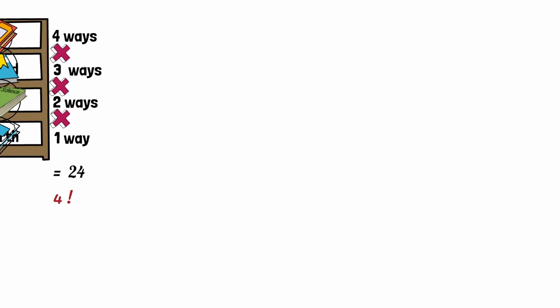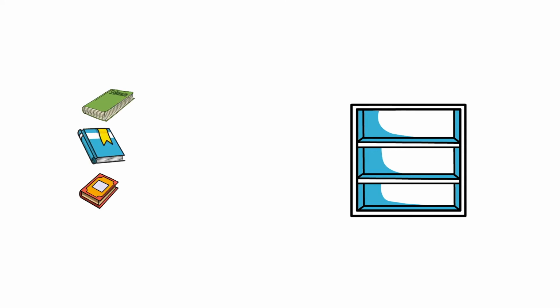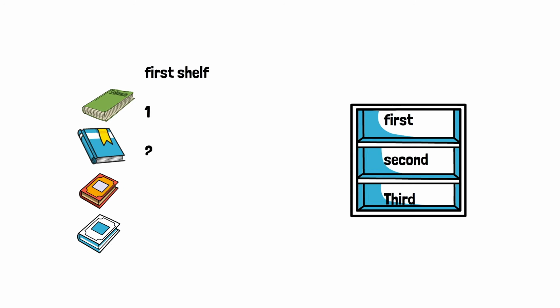Now, if I change the question, like there are 3 book spaces on the shelf, but we have 4 different color books. Find out the number of ways 3 books can be arranged on the shelf. Now, let's see, as there are 3 spaces, but the books are 4, the first shelf has 1, 2, 3, 4 different ways. It can be filled by either orange, blue, green or white. So 4 different ways. Now assume the white book is placed on the shelf.